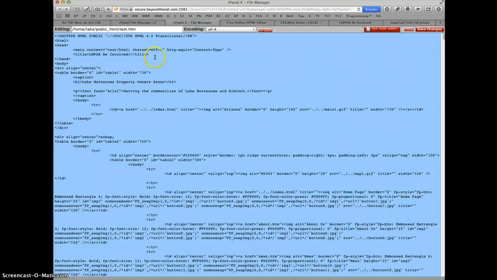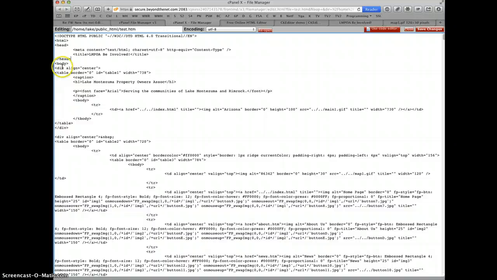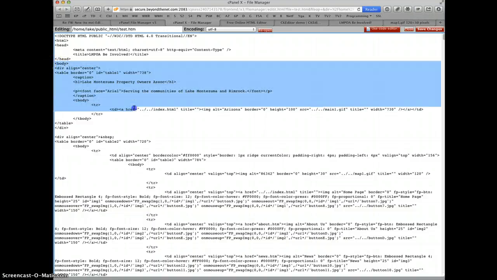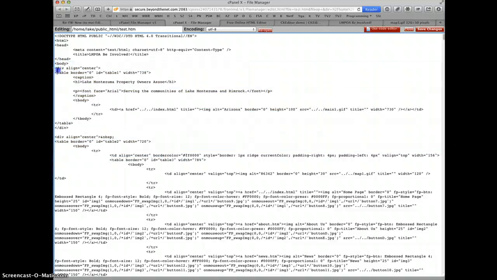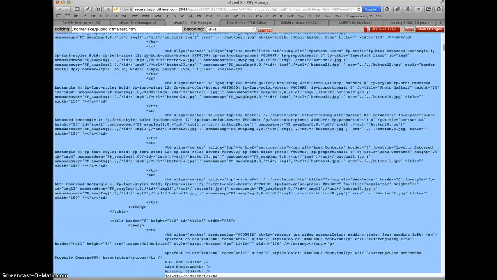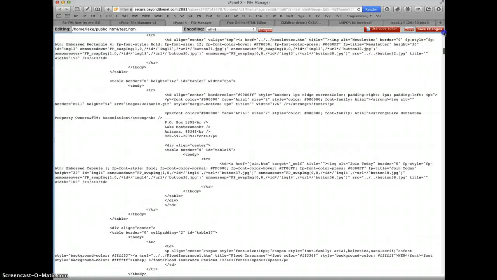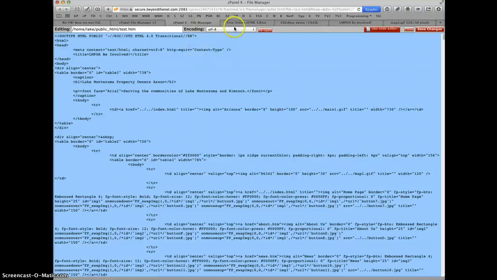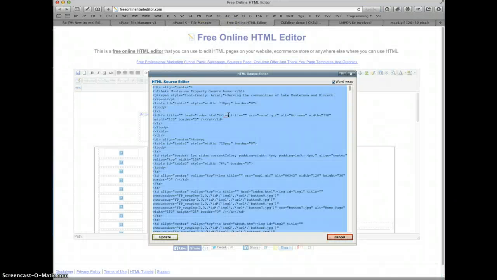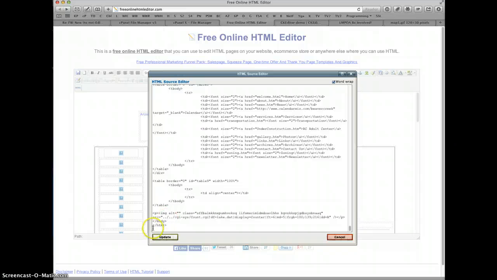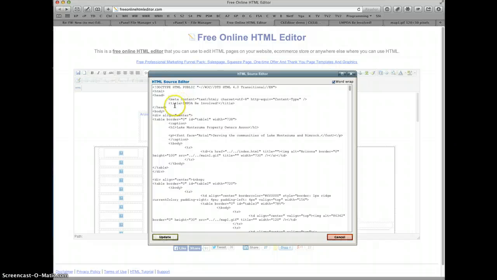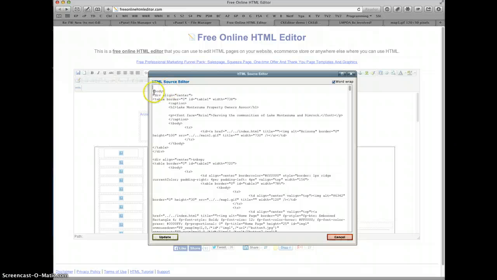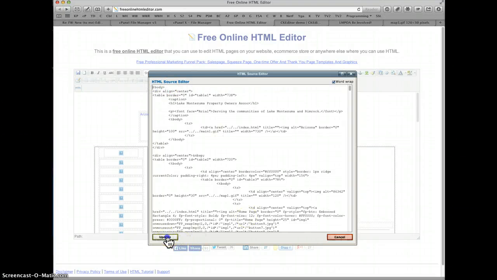So I go back here, and I'm going to copy here, and then I'm going to go back to File Manager, and I'm going to just paste everything in here. See, that's going to be a bit too slow because we got the body tag at the bottom. Okay, so here's the correct procedure. Copy, do this one final time, paste into here. Okay, don't delete the bottom tags, that's just too slow. It shouldn't impact anything. Then just remove the head tag. Okay, just remove it, press update,